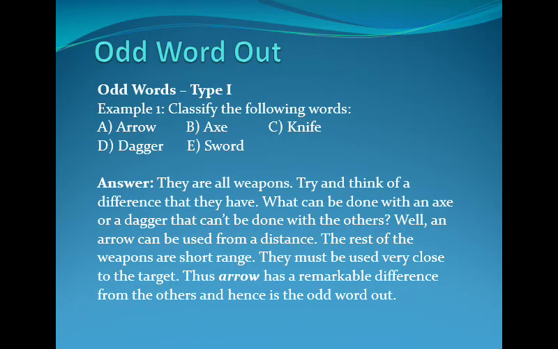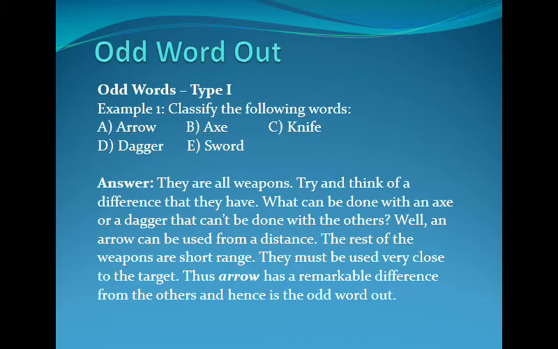As you can see, there are 5 words given over here: an arrow, axe, knife, dagger, and sword. So what you can understand is all these items are used to attack. These are all weapons, right? But let's find out which one is the odd word from this set. So as you can see, the explanation and the answer,